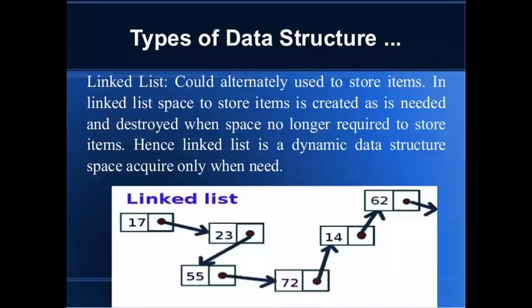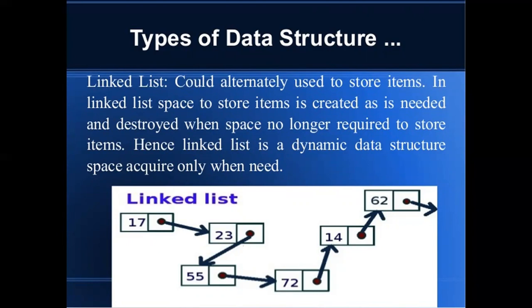And here one more data structure type is the linked list. The linked list concept came because if you are using an array with 100 elements, and suppose you are using only 50 elements, the space of the other 50 elements will be wasted. That is related to garbage collection. You may have already heard about that garbage concept. In that concept, the wasted space will be collected and reused.